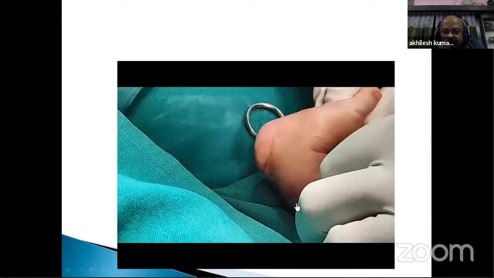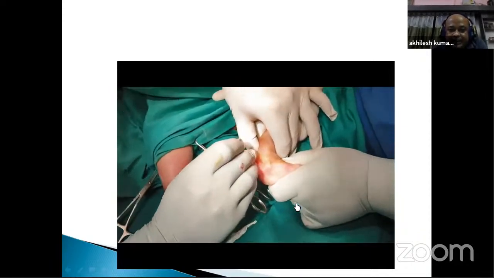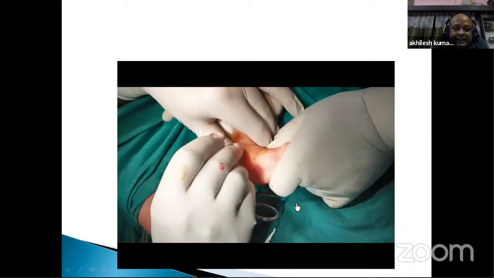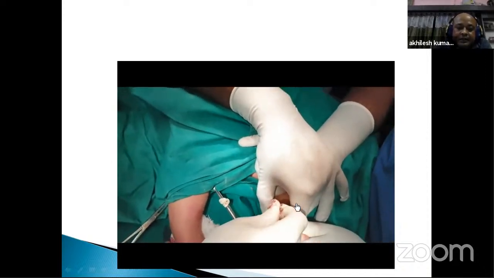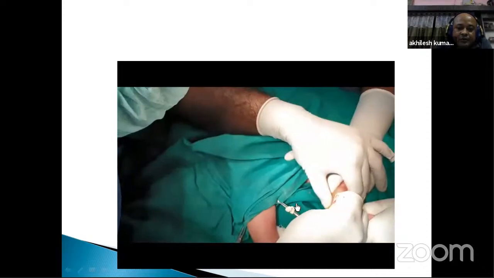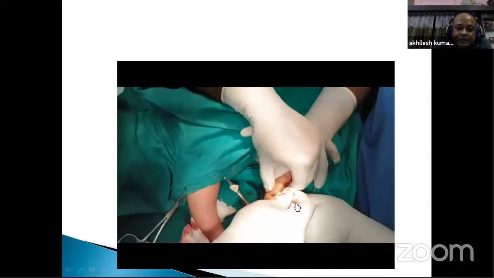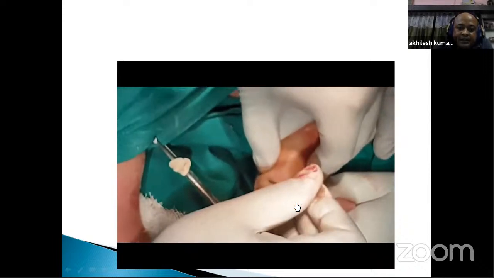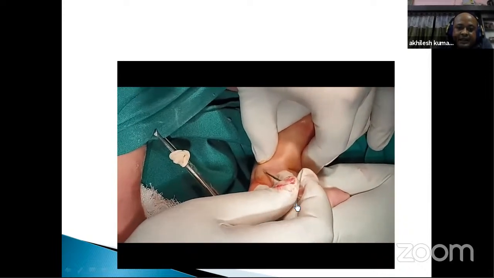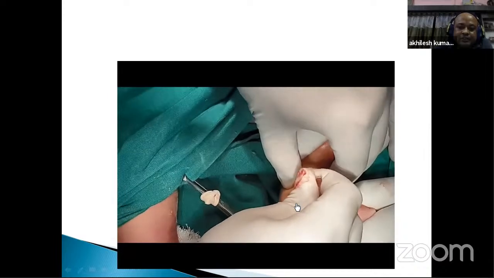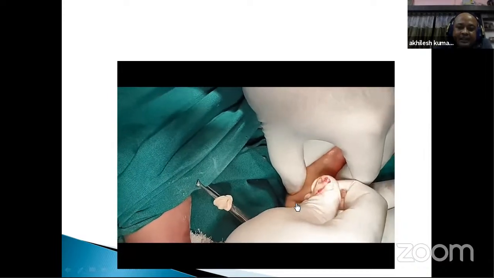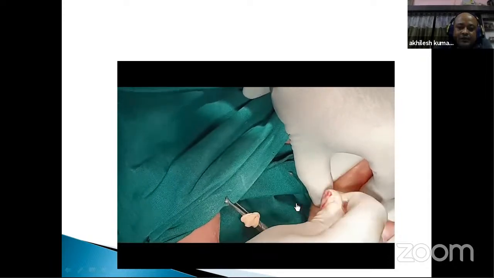And this is the first foot, and you can see the adequacy of the tenotomy. Now the second foot is done in the same manner. Just see the needle. I will again show you how I am introducing the needle. Now you can see here. I am removing the needle for demonstration. Then I introduce it with the beveled end anterior. Then rotate the needle. The edge of the needle is now cutting the tendo Achilles, and just translate. Now we will hear a sound. This pop sound is confirmatory of the tenotomy.